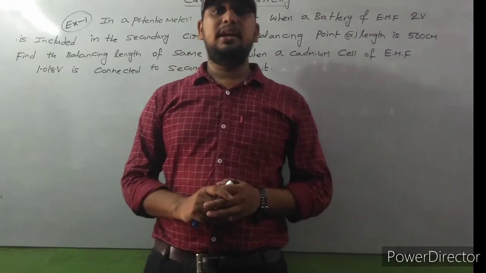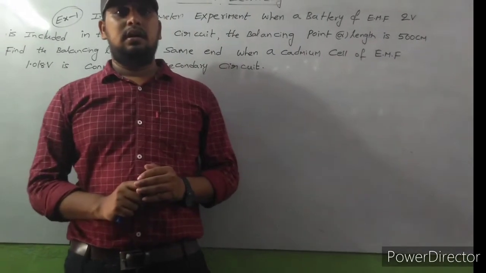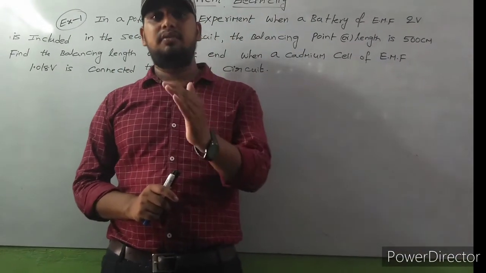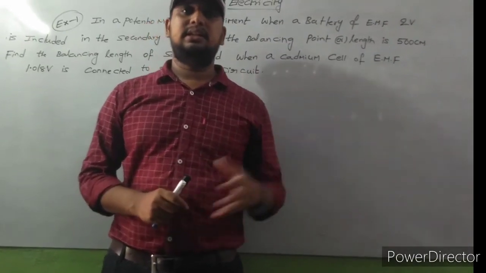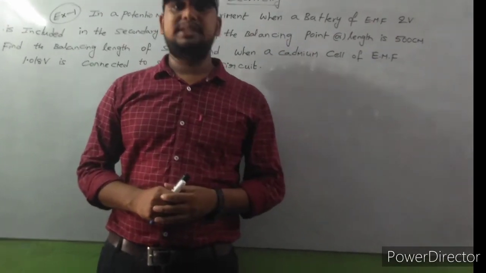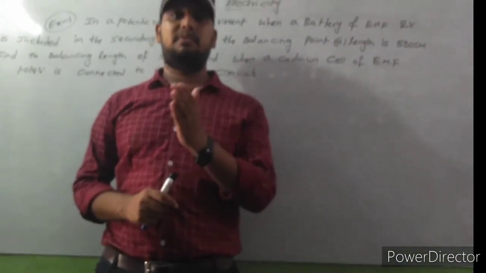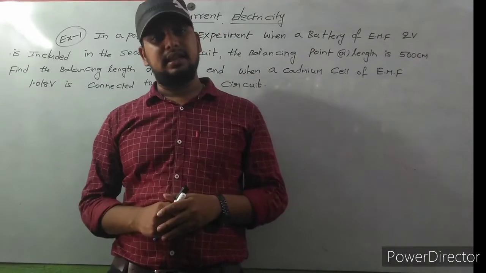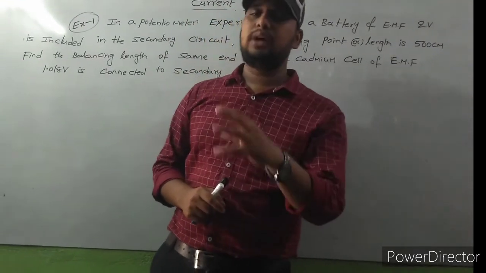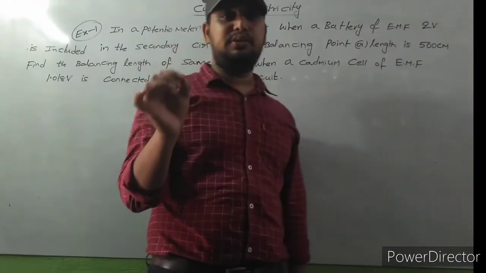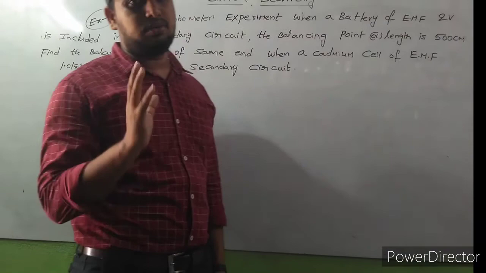Well, continuing my lecture on potentiometer, applications of potentiometer, first application is comparison of EMF of two primary cells. So already we derived that we will get one formula, E1 by E2 is equal to L1 by L2. Here E1 means EMF of one cell, E2 means EMF of the other primary cell, L1 means balancing length of the cell E1 and L2 the balancing length of cell 2 having EMF E2. So that's why we got the formula E1 by E2 is equal to L1 by L2.